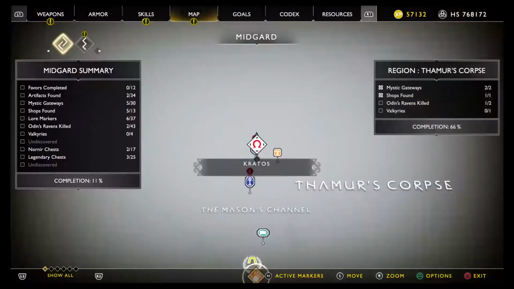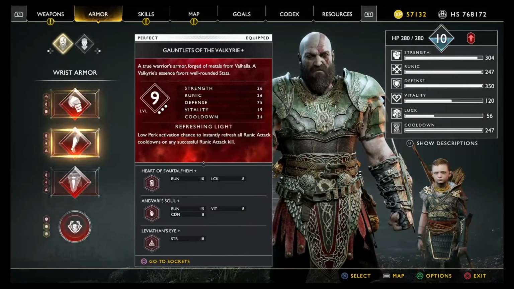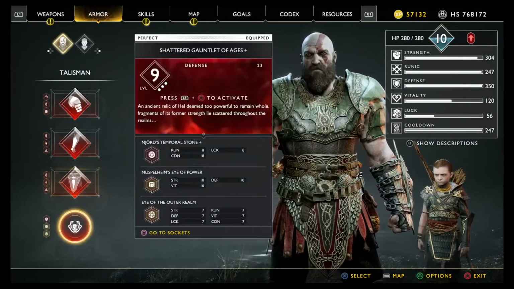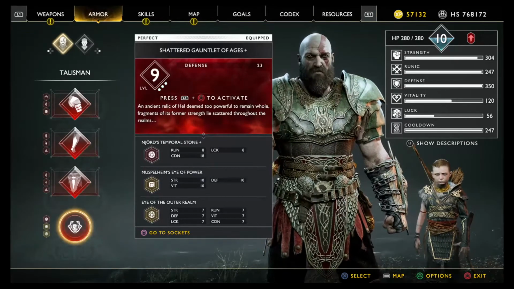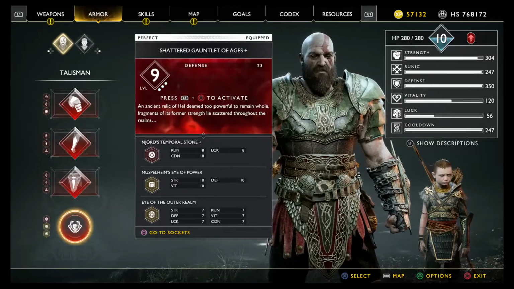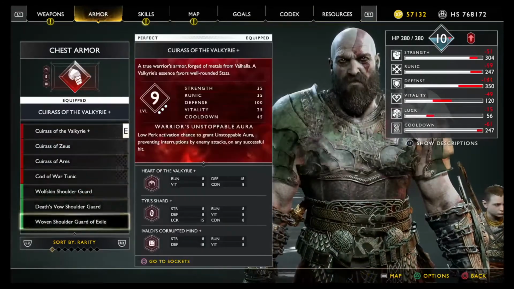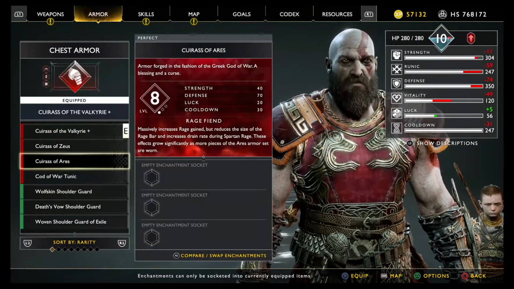So let's get started. Alright, so as far as armor goes, I have the Valkyrie gear going on, as well as the Shattered Gauntlets of Ages. Now, with the Shattered Gauntlets of Ages, we'll get to that in just a minute. As far as armor goes, I would highly recommend, depending on your build,